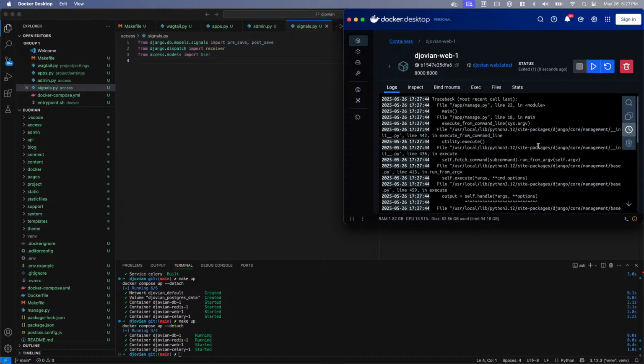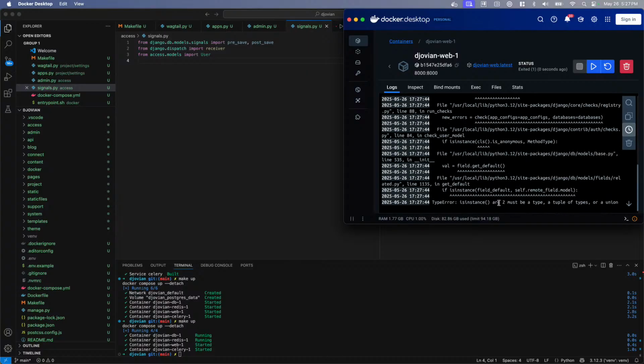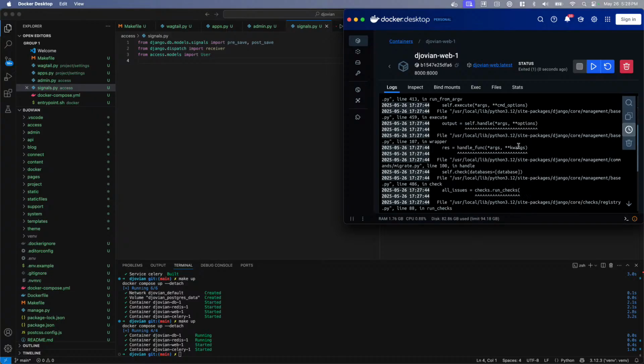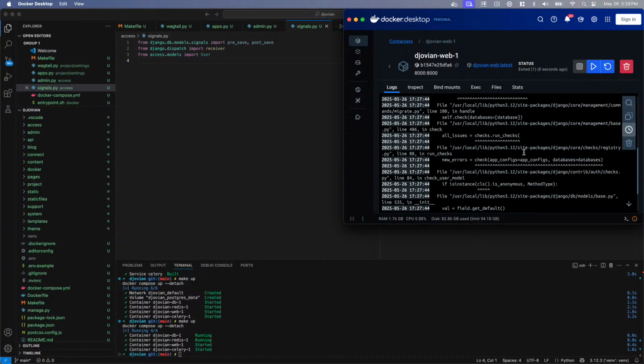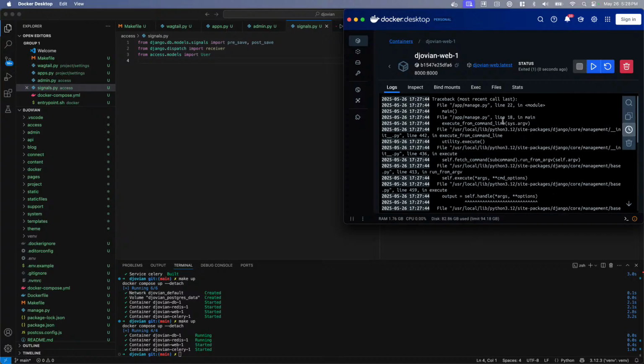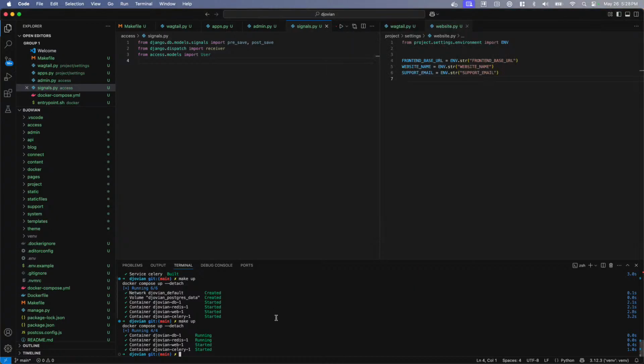Okay, so in our manage command, check databases. So something is wrong with our, this is none of our code, I don't think. It's all in the Python 3.12 stuff. What the heck? I wonder if this is just because our database never ran. So first we need to make the migrations, and